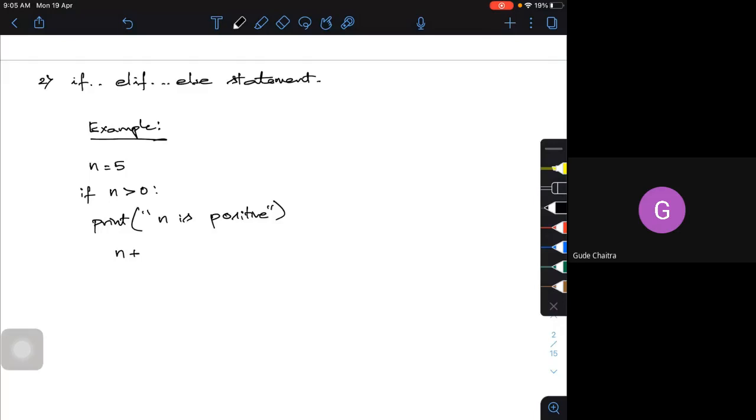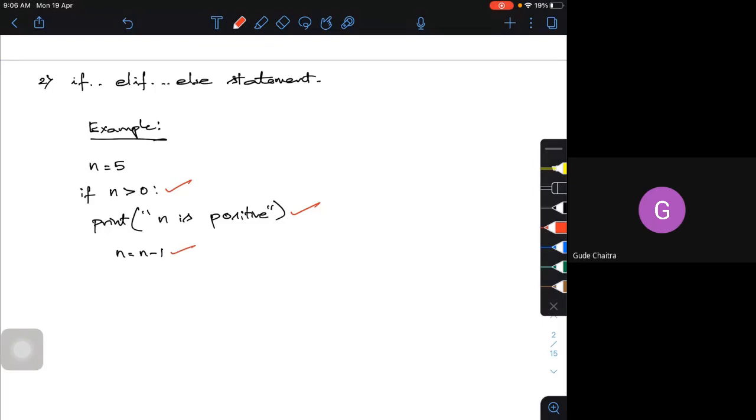Few books simply write n is equal to n minus 1, or plus or minus 1, whatever it may be, you use it. Then put it in the loop. What it does is it executes the statement. Yes, it will print the statement. Then there is a decrement in this number.